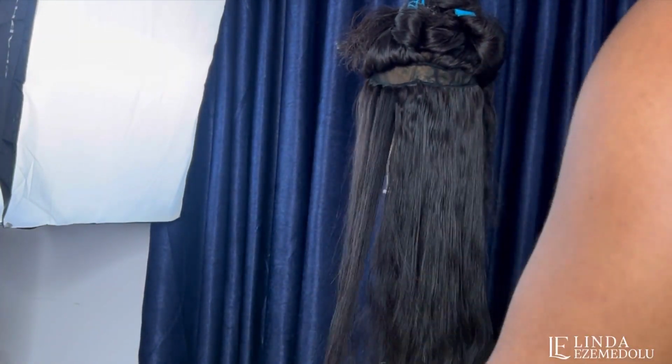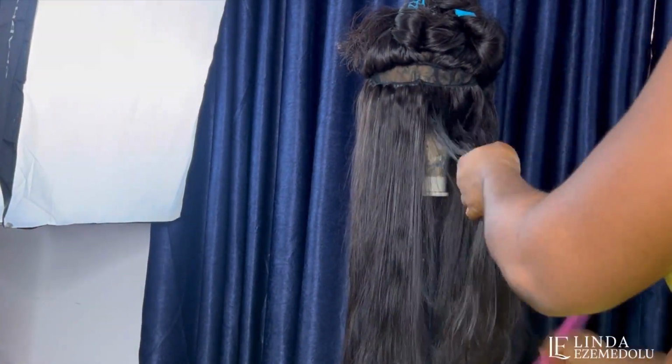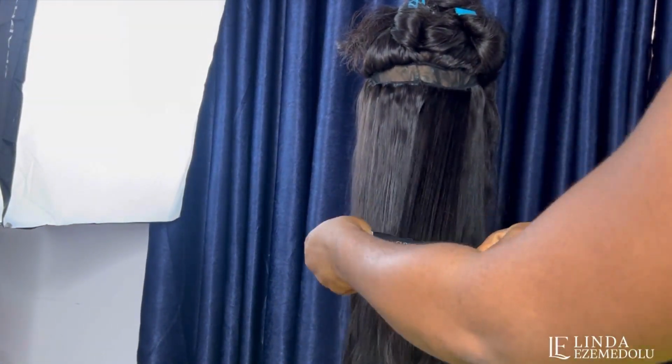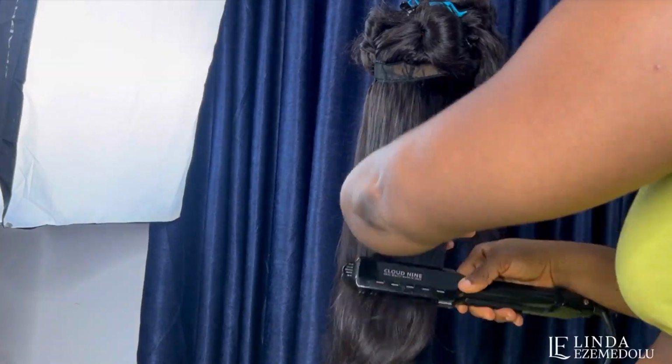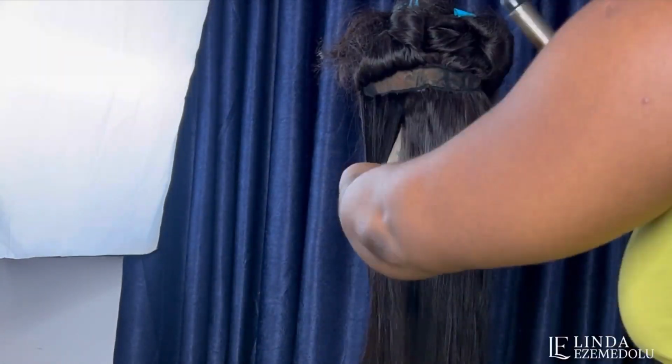And I'm going to straighten the entire hair on this bottom part right here, working in really small sections. And while I'm straightening the hair, I'm going to use that small comb to comb through it and then straighten it with that Cloud9 hair straightener. After straightening the hair with the hair straightener, what I'm going to do next is take a small section of